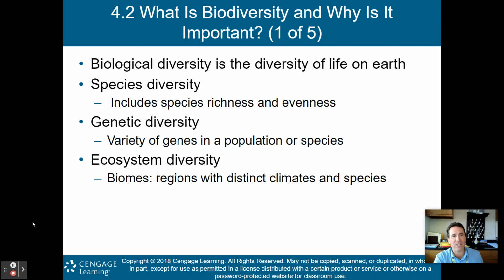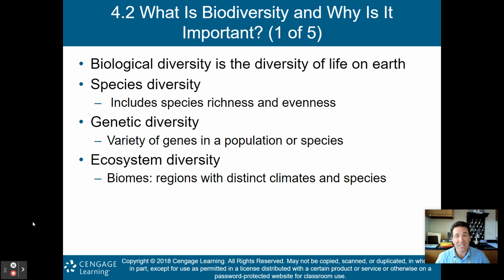So a couple of diversities that we have. The first is known as species diversity, right? Just the difference of species out there. And this includes species richness and species evenness. So species richness is the amount of species in a particular area. So how many species do we have in a region, right? If we have 50 different species, then that area would be richer than, let's say, an ecosystem that only